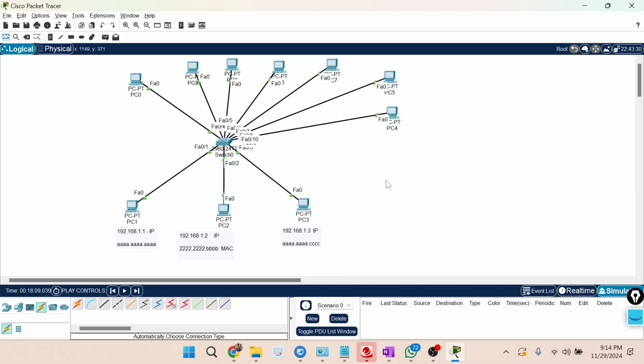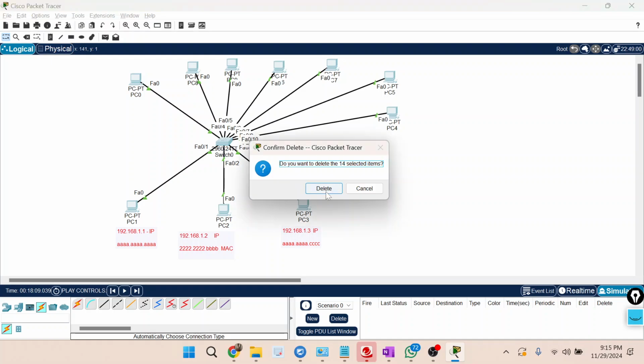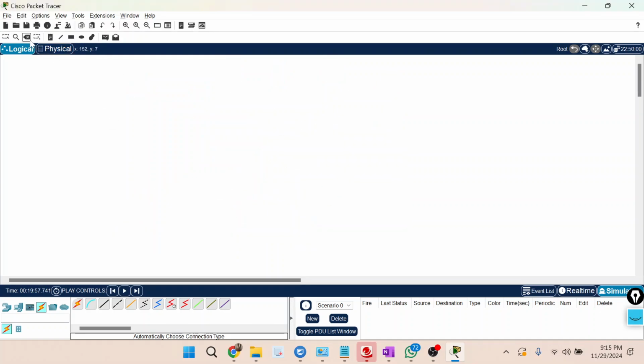Okay, let me delete all this. Now let me select network devices, switch. One switch, we'll select it as a 2960.